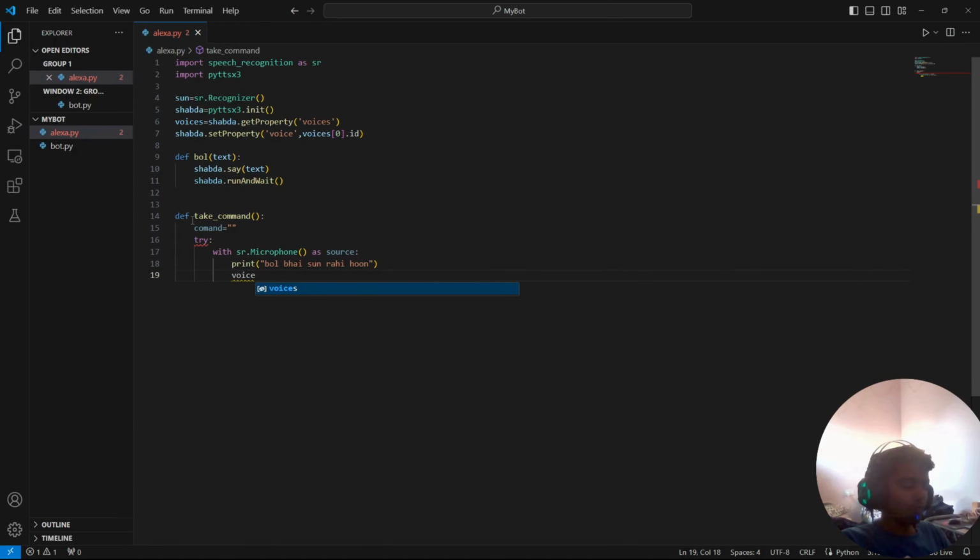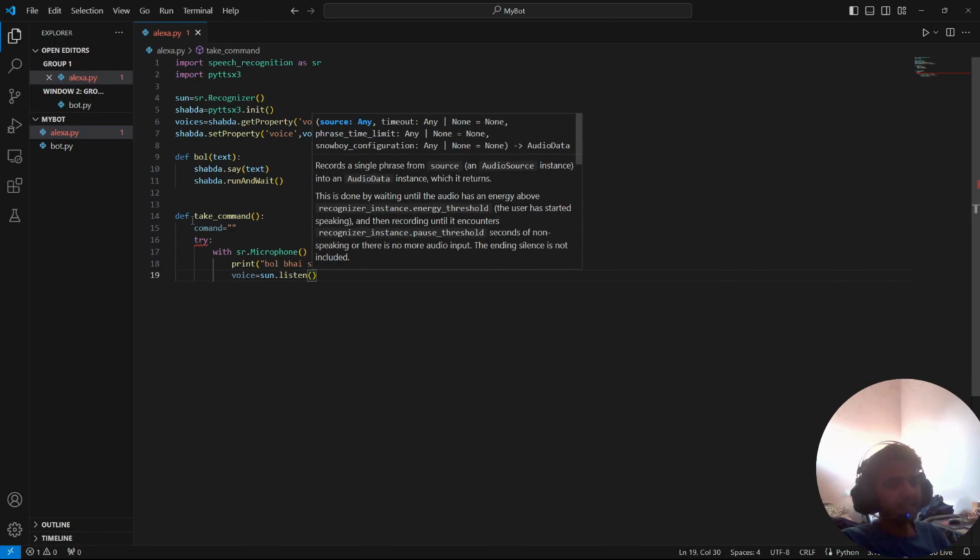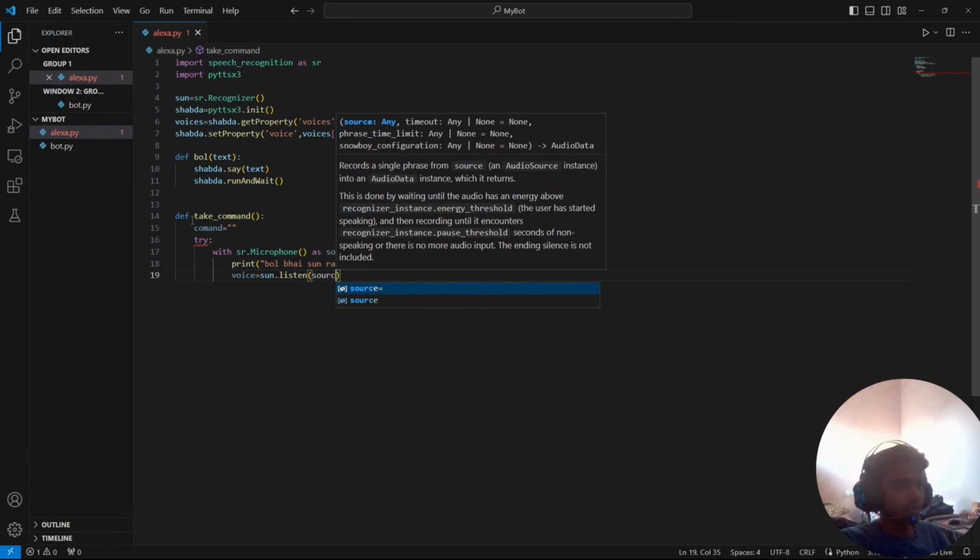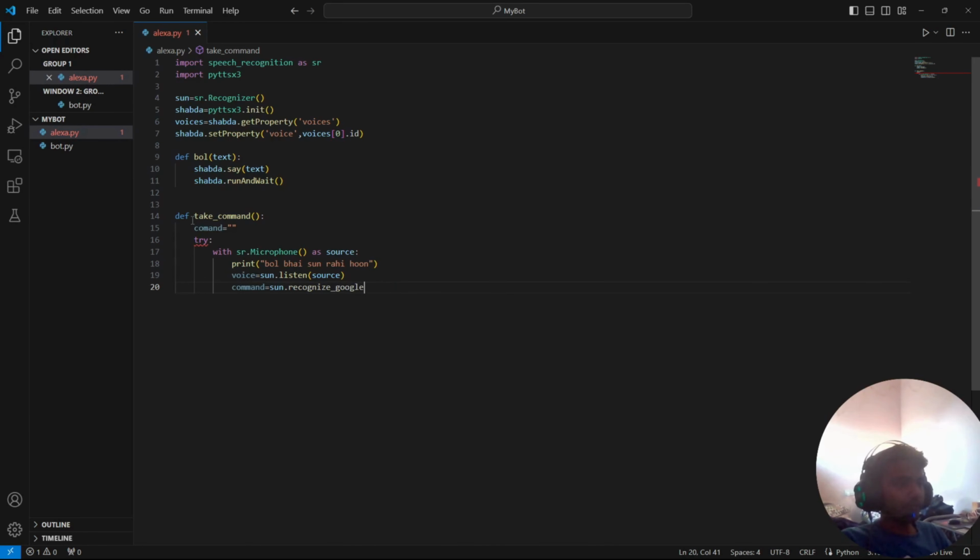Then we can say voice is equal to, so now we are going to capture some voice, correct? So we can say listener, and then we can use the listen property, and inside listen we'll pass source, because the input is coming from the source, correct? Then we want to get some command, so we'll say command is equal to, and from where will the command come? We can say listener, and then we can use the property recognize Google, and with this Google we can just pass our voice,